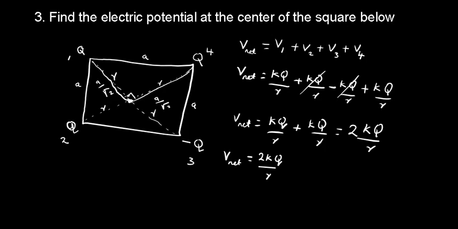Our R is A divided by root 2. That is 2KQ divided by A root 2, which is now equal to